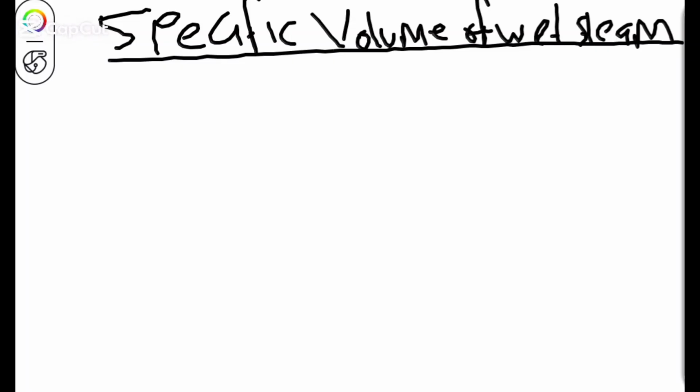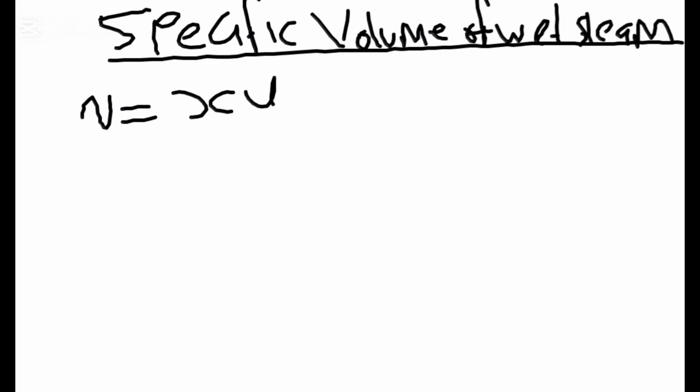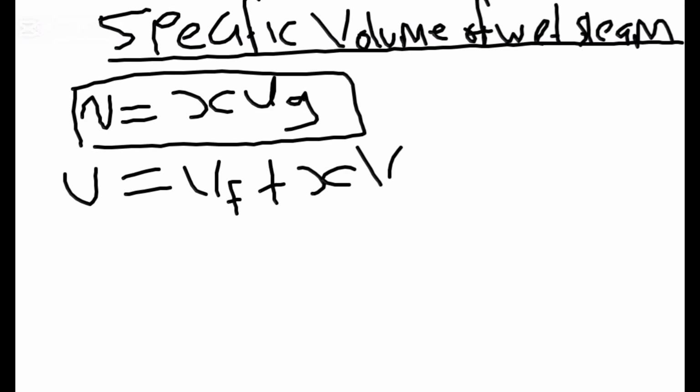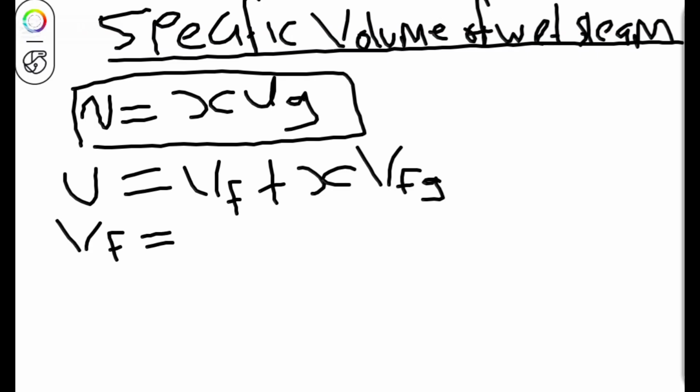We have the specific volume of wet steam. The specific volume of wet steam is the same thing as xVg. So you have to take note of this formula. And for accurate form, the specific volume of wet steam is the same thing as vf plus x vfg, whereby the vf is the same thing as the specific volume of water,